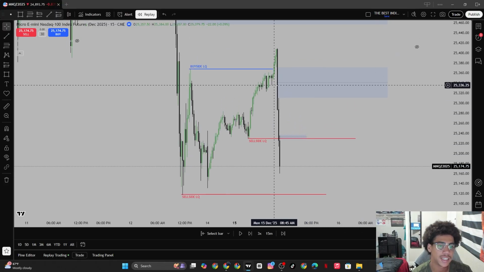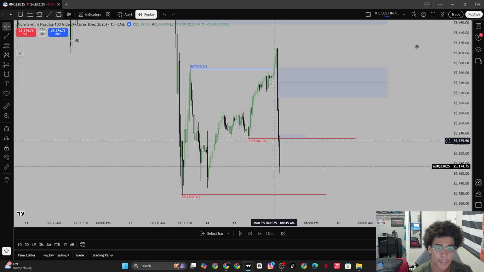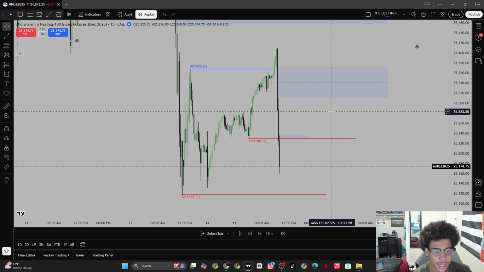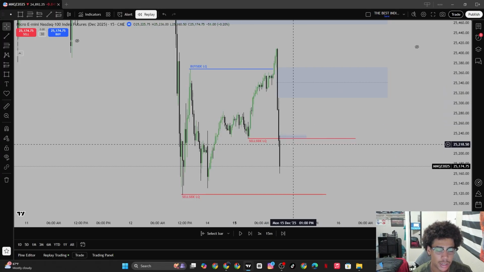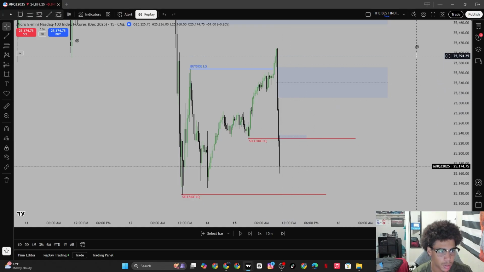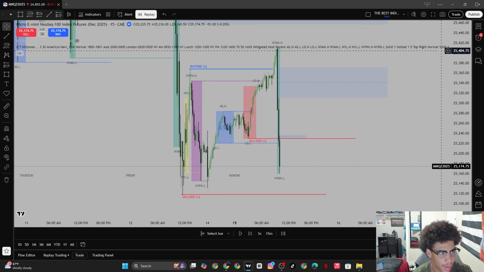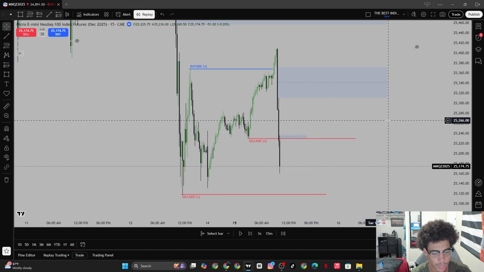So we ended up leaving this unmitigated 15-minute fair value gap, and I wanted to see if you get a MEC model, which is just a significant sweep of liquidity, and then you trade back to an unfilled fair value gap, right? So we have a significant sweep of liquidity. Let's get that off the checklist. We took out Asia, London. We have an unfilled fair value gap. Now all I'm waiting for is the highest time frame inversion.